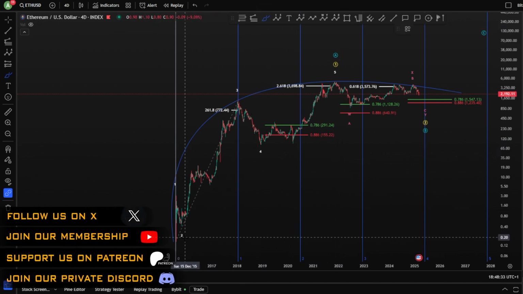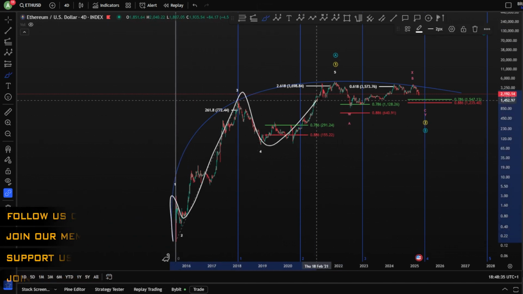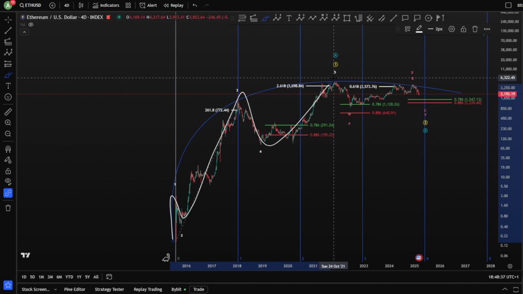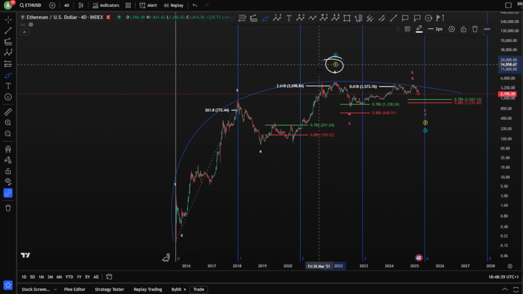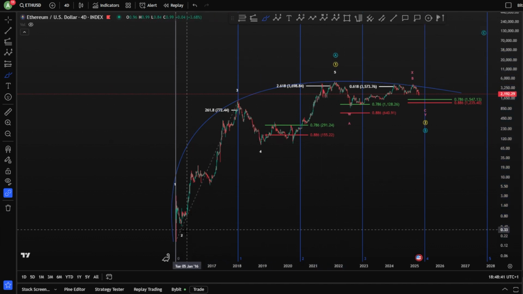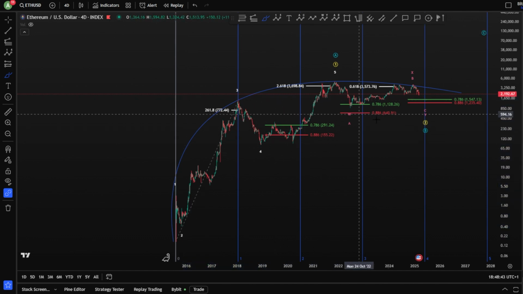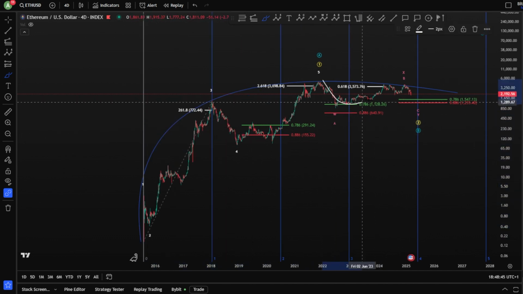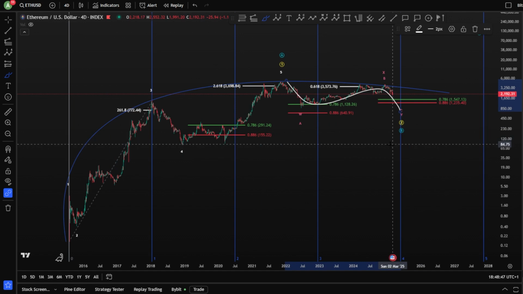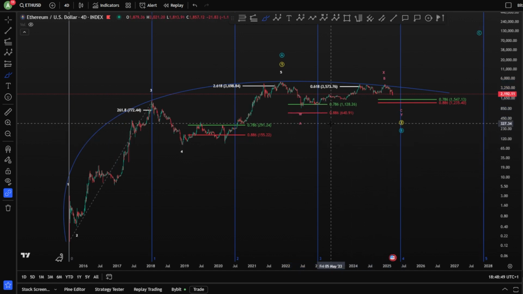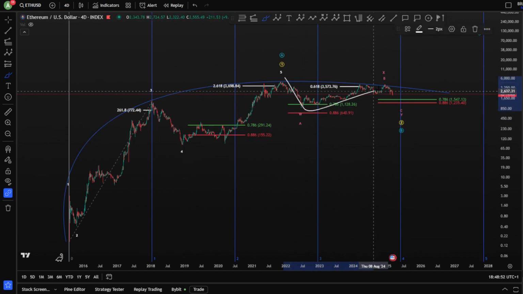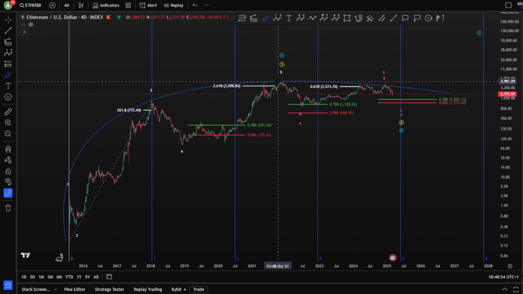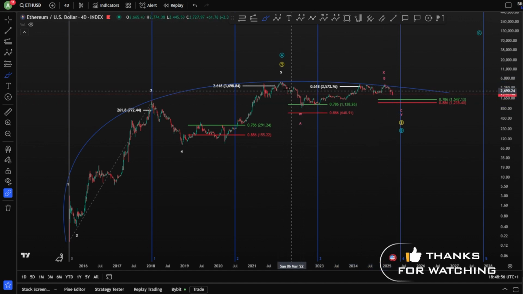And starting on the 4-hour chart here, we're looking at what looks like 1, 2, 3, 4, and a 5 toward the upside, finishing a wave 1 or a wave A. These are the cycles that we had for Ethereum, and we're looking after it for a 3-wave corrective, of course, as cycles as well. And we're still looking for a wave C towards the downside in an A, B, and a C, of course,